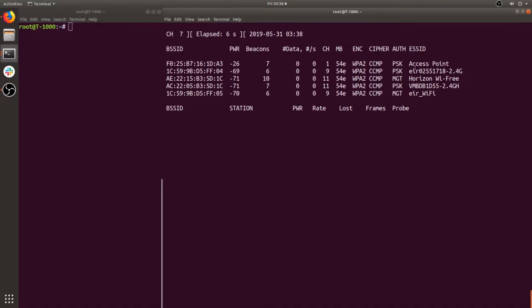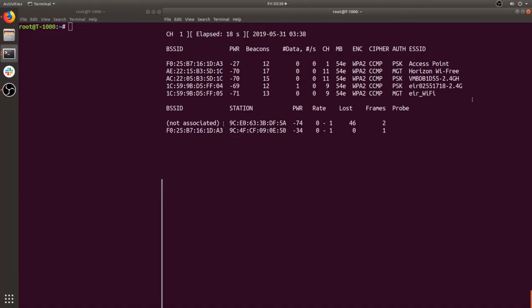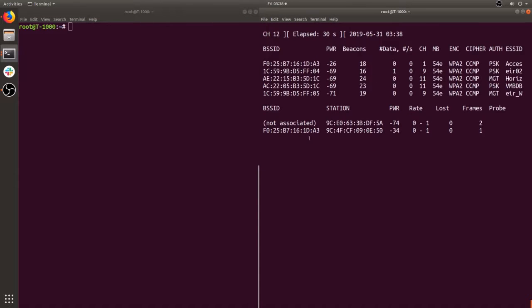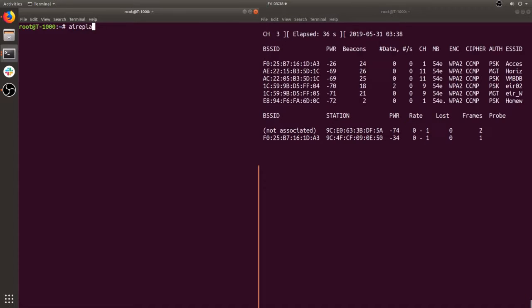I have set up an access point and the client. And using Aireplay, we are going to de-authenticate